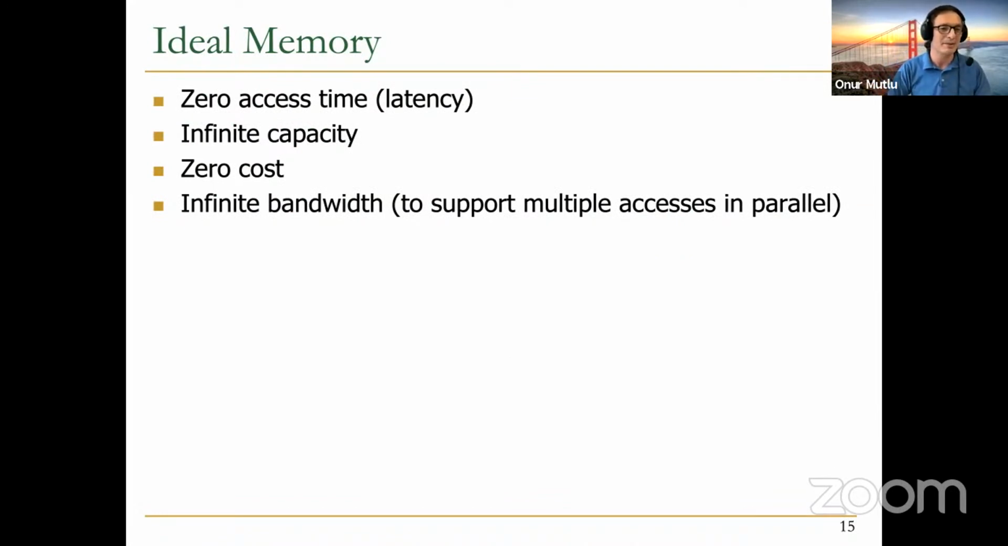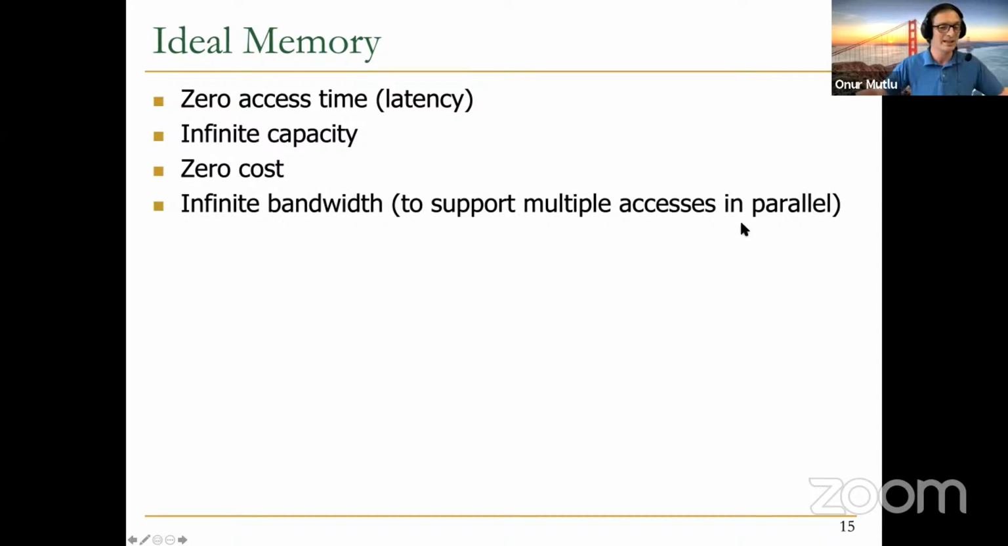Basically, we want ideal memory overall because we want zero access time to get our data so that we don't stall the pipeline. We want infinite capacity so that we don't run out of space, so that the programmers don't go crazy. We're going to talk about that later on also. But having larger physical memory spaces is good so that you can fit more data in it. We want zero cost if possible, of course, and we want infinite bandwidth so that we can support multiple accesses